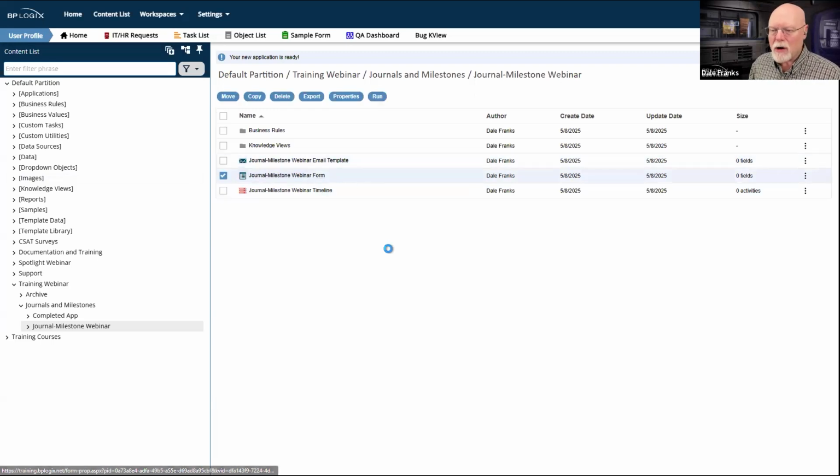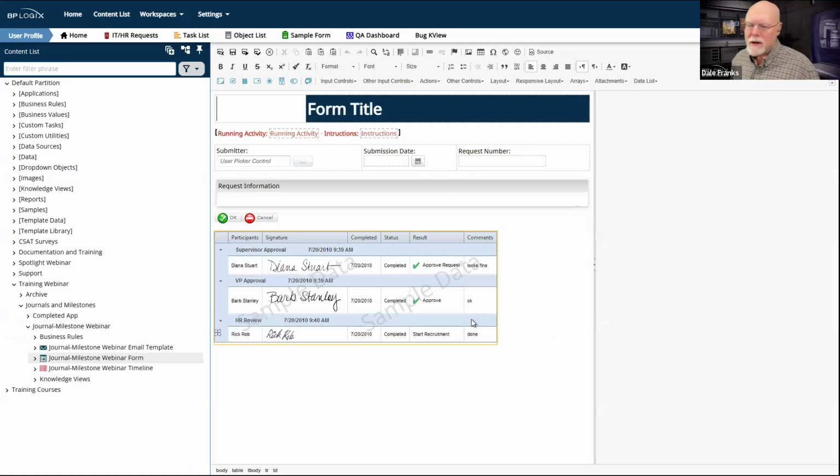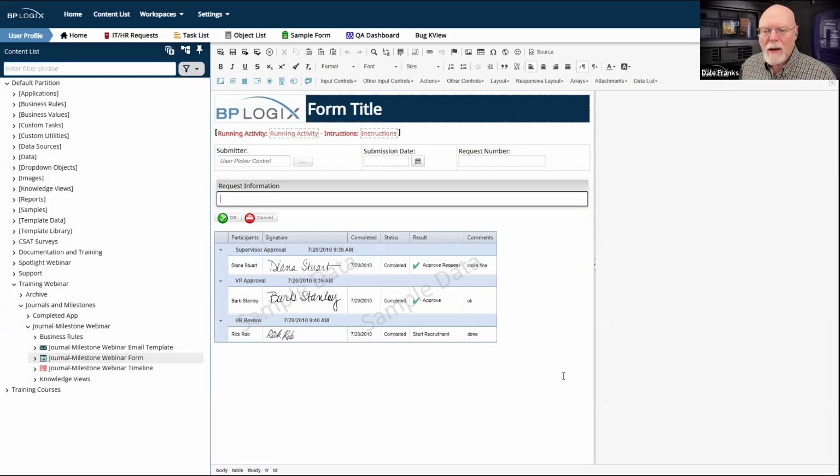And let's start by opening up the form and going to its design view and taking a look at it. Now, because this is from a template, I already have some fields already thrown onto the form, so I don't have to create those.